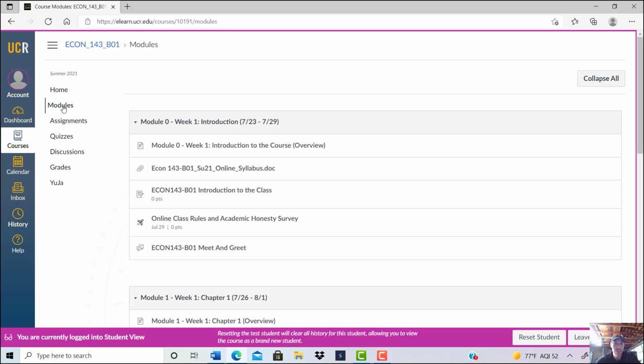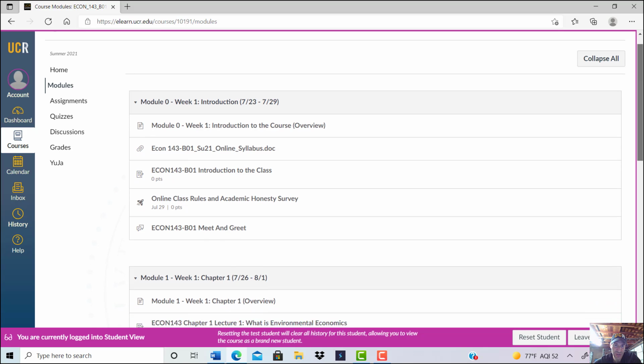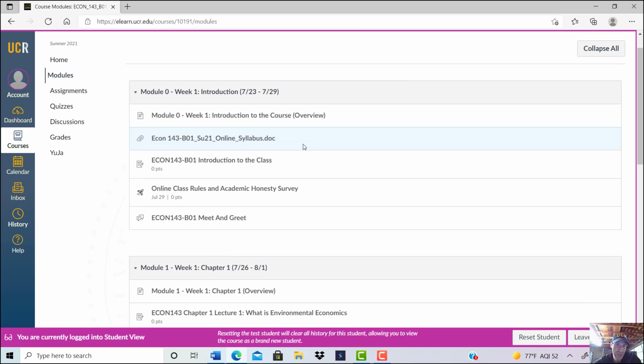So it starts off with module 0, which is kind of an introduction to the class. Now this module isn't really required, but I do recommend that you complete it just so you understand what this class is going to involve and how you're going to navigate through it. Within this module 0 is the syllabus, which I suggest you read, just so you're familiar with how you're going to be graded and the different kinds of assignments for the course and when those assignments are going to take place. And then there's an introductory video going through the syllabus. So again, I recommend you watch that.